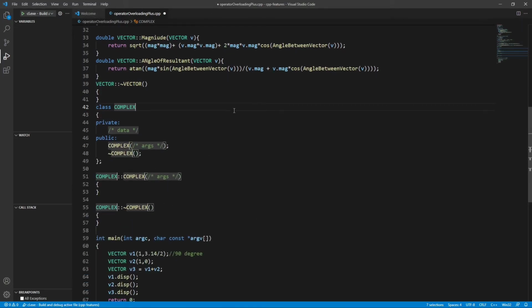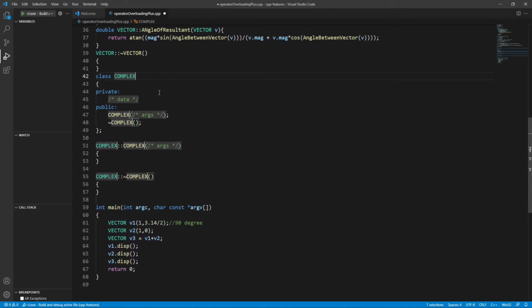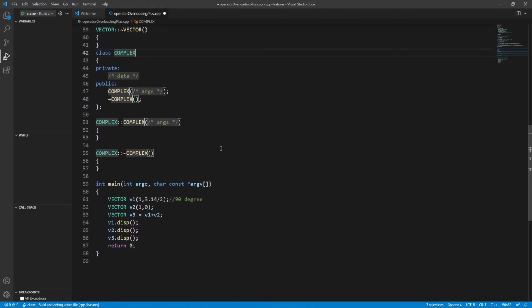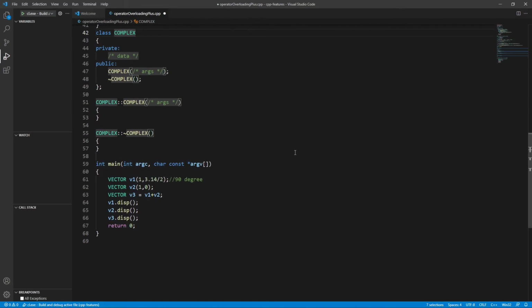I will be providing the final code to you with the complex class also, but try it first by yourself, so you will come to know how you can overload the same operator multiple times with different types of arguments.